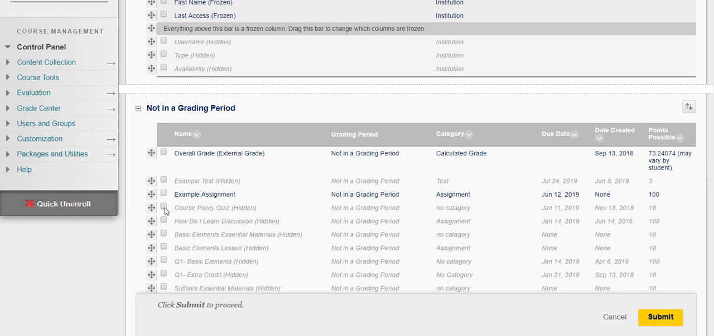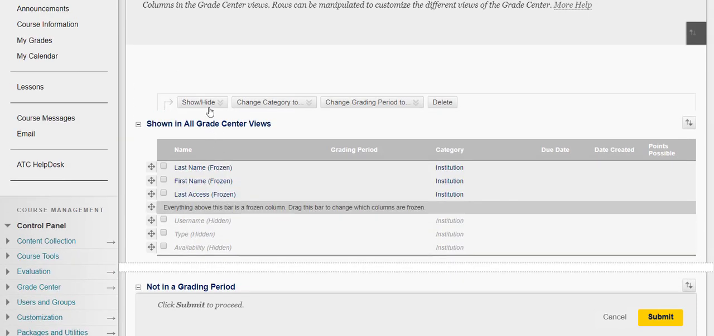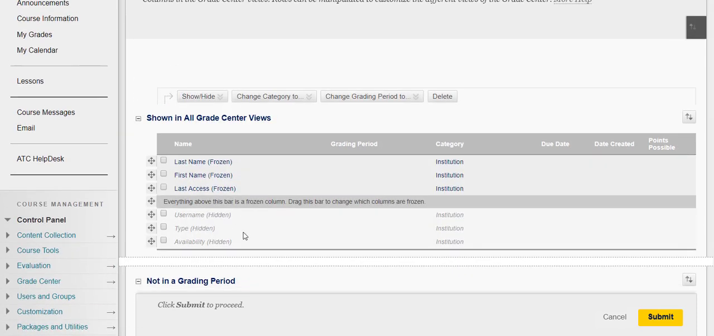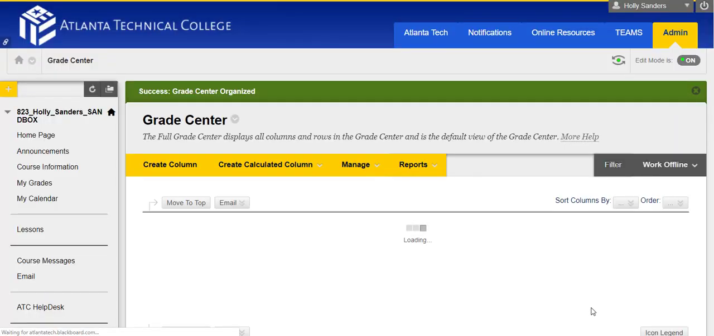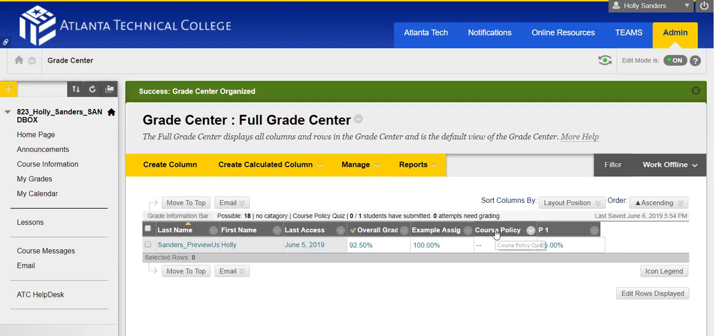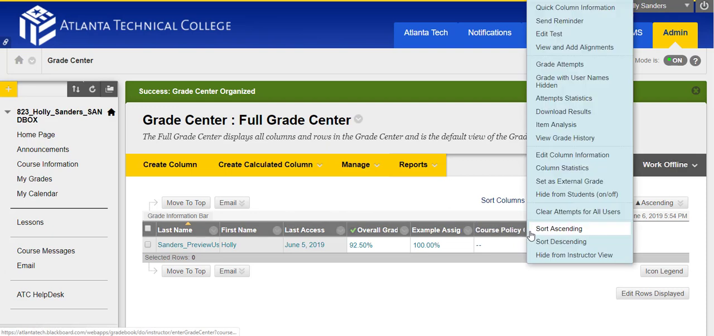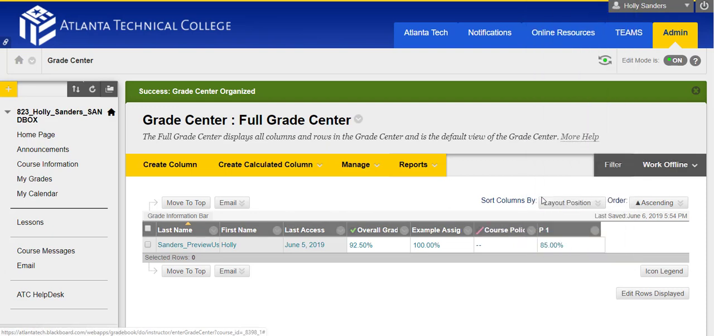If I select this course policy quiz and show it, it's now become dark, so it's visible to the instructor. Let me hit submit to see what it looks like. Here's the course policy quiz column now viewable to me. Because it doesn't have the red slash through it, that means students can still see it. So be careful if you're trying to hide items from the gradebook completely, that you don't just hide it from yourself. So I'm going to come in, hide from the student, see the red slash,